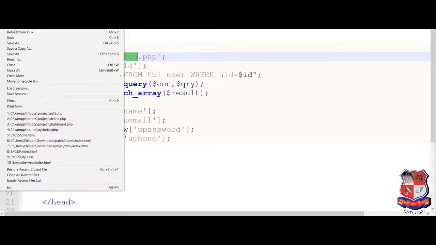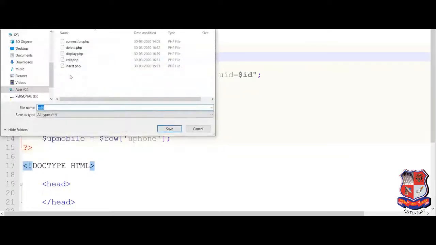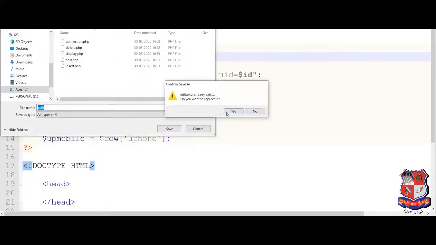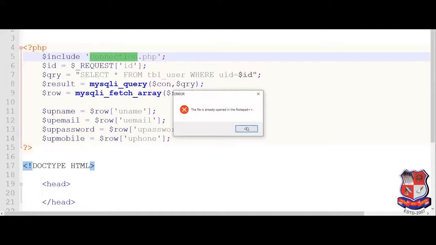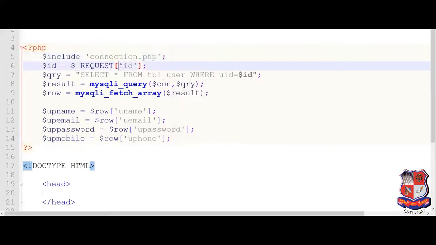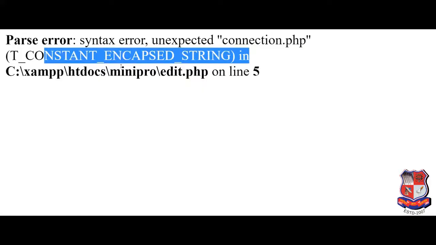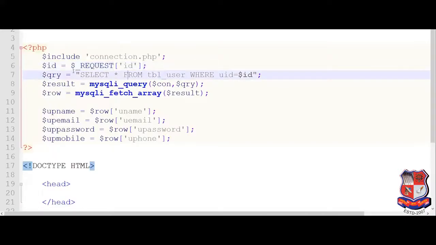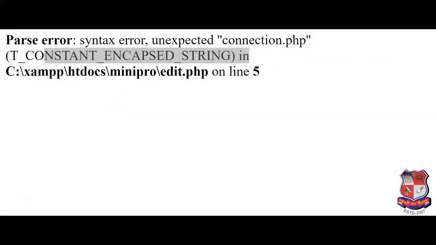This code must be somewhere inside the same folder. This one is edit.php. I am facing this issue because of the browser and older codes. This one is only include. So edit.php is working properly.